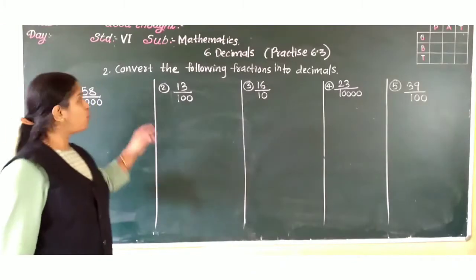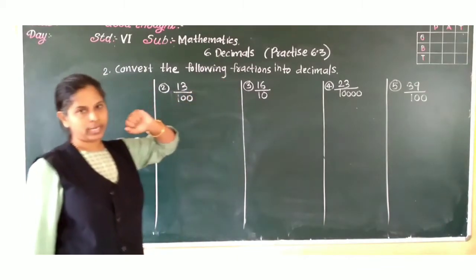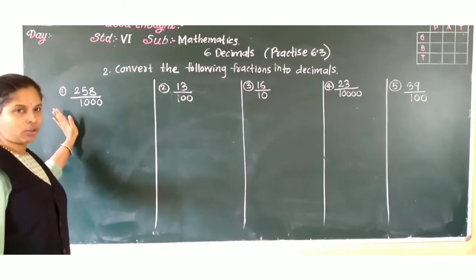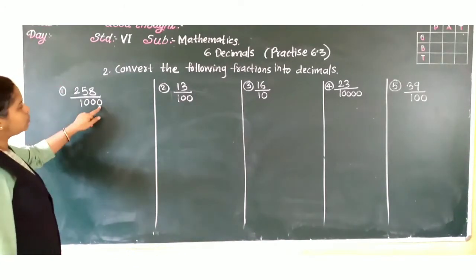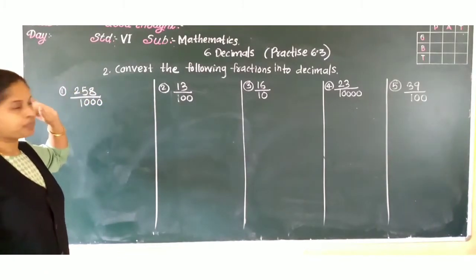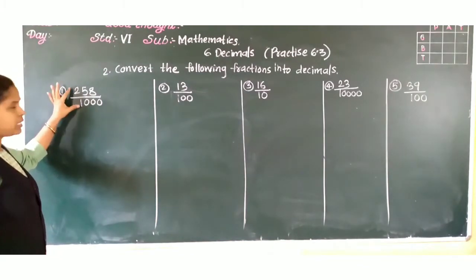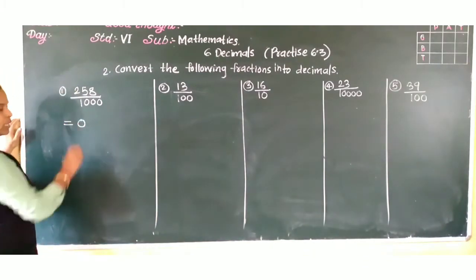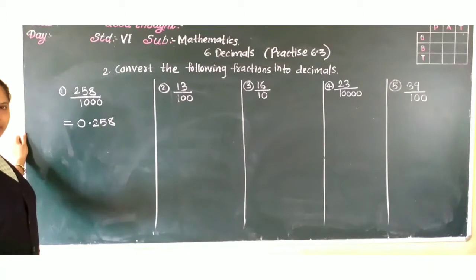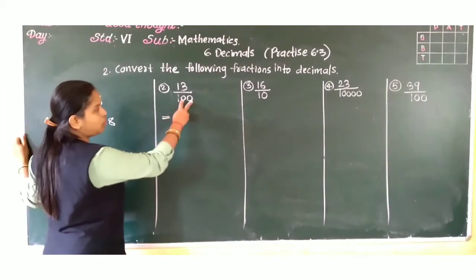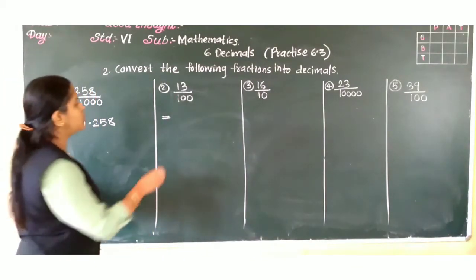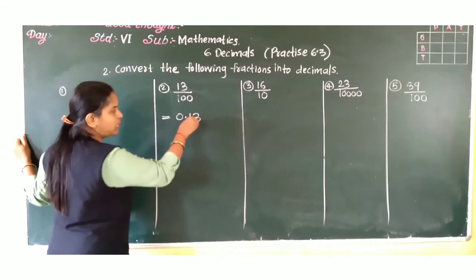Okay. Now question number 2. Convert the following fractions into decimals. Here is one easiest method also. First only I have taught you. Now see here, 3 zeros are there at the denominator. So the numerator also should have 3 digits. Here they are there. Is it there? Yes. Now whole part, nothing is there, no? So 0.258. Correct? Next. 2 zeros are there. So the numerator also has 2 digits, and they are there. So whole part nothing, so 0.13.